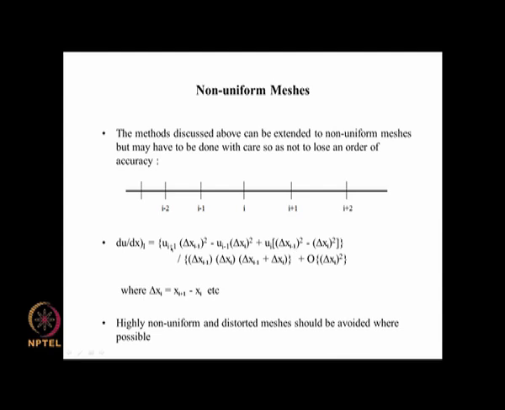So, you have u i plus 1 minus u i minus 1 times delta x square divided by delta x. So, these two will cancel out and you will have 2 delta x. So, that gives us u i plus 1 minus u i minus 1 by 2 delta x, and that is a second order accurate formula. So, in that sense this tends to the simple formula for the case of equal delta x, but for unequal delta x you have to have more complicated formulas.